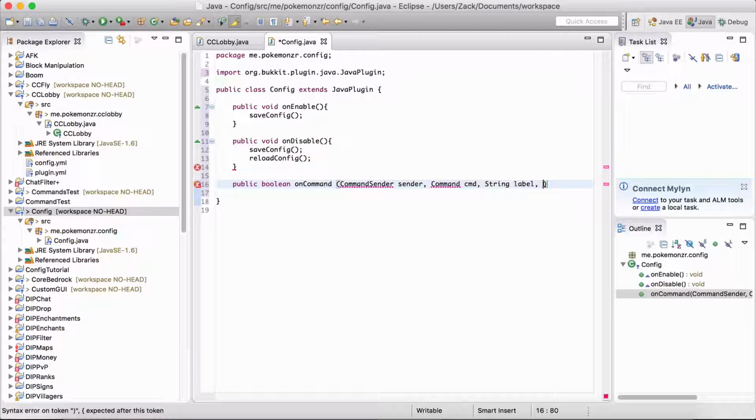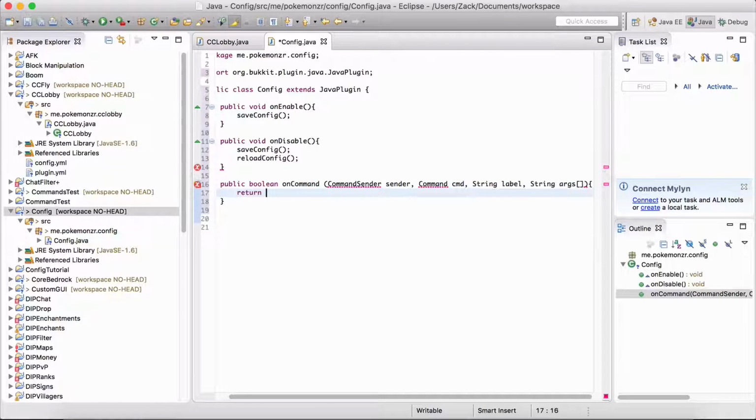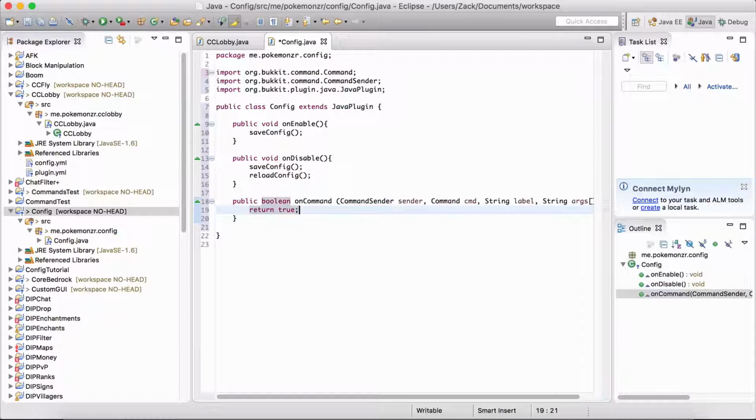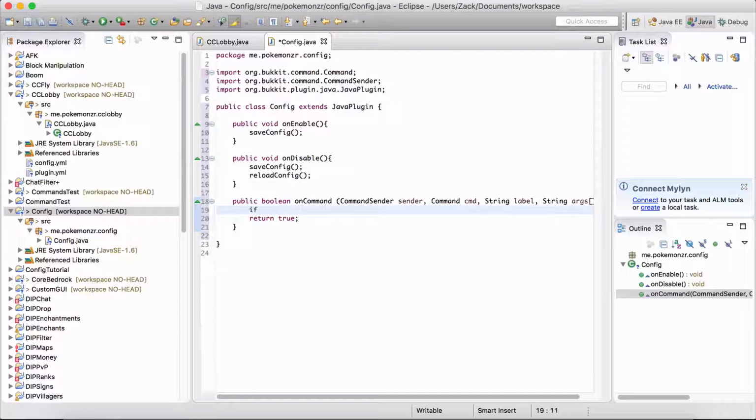command sender, command cmd, string label, string args, return true. Is that right? Okay. Hope that's right. So if label.equals ignore case, and let's just do